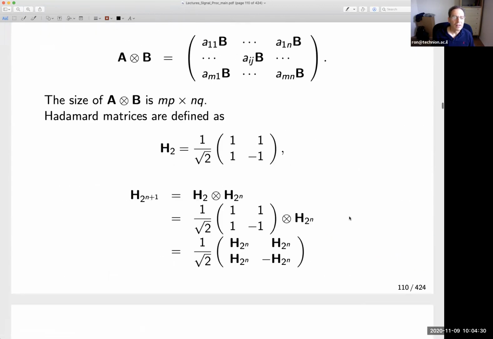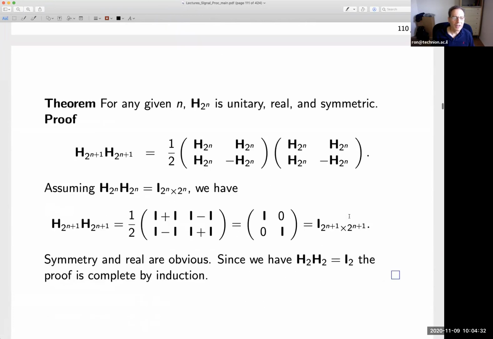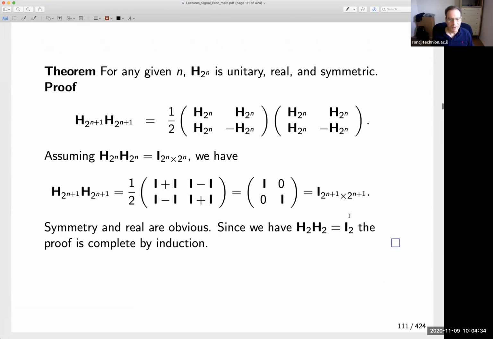Okay, so again, this is how it will be built, and before we see how they look, let me just give you a theorem: for any given integer n, H 2 to the power of n is unitary, and obviously real and symmetric by construction. So how do we prove the unitarity? The unitarity would be proven by